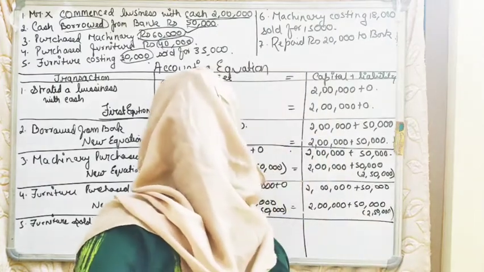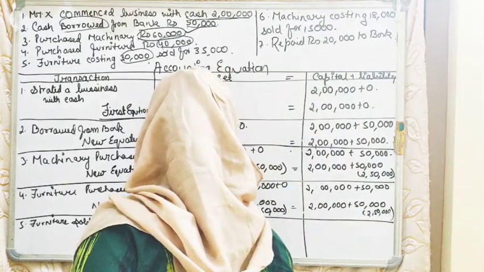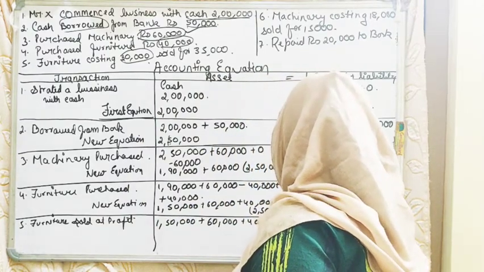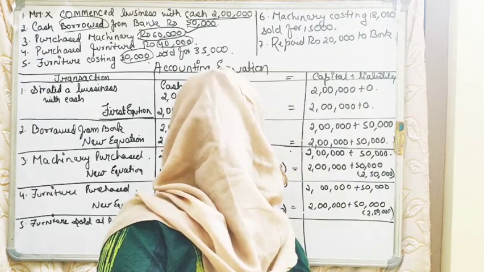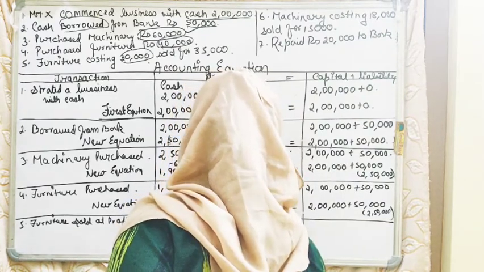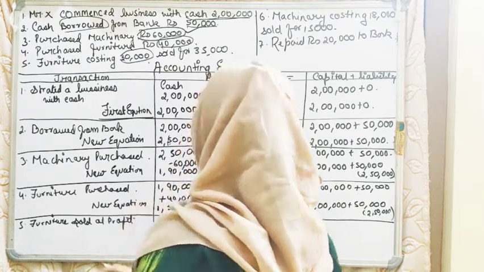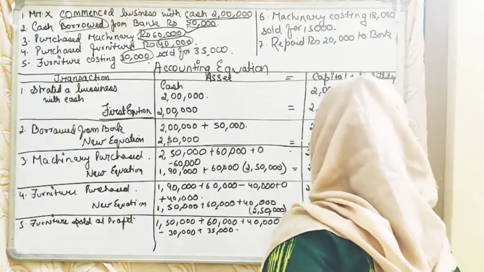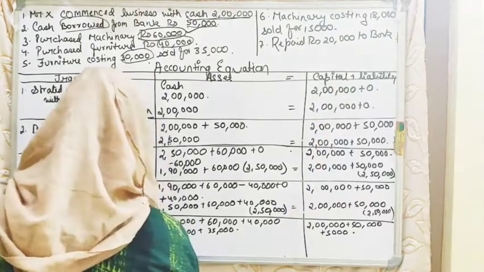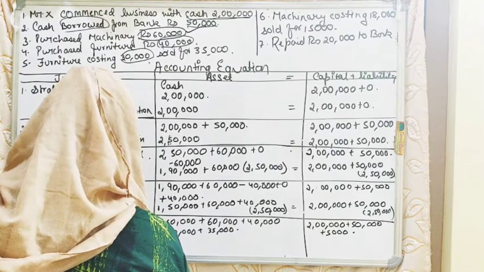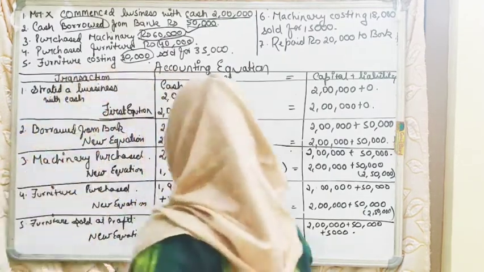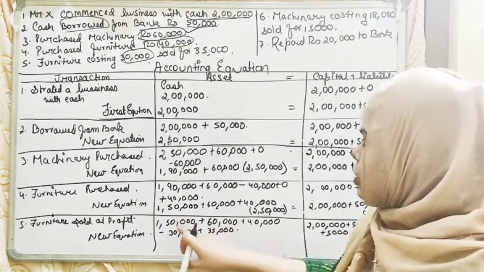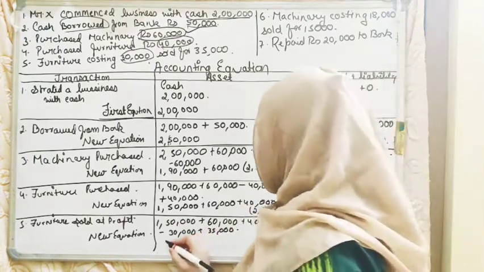So we'll write here 1,50,000 plus 60,000 plus 40,000 minus 30,000 plus 35,000. So here we'll write 2 lakhs plus... So clearly see that we will add this 35,000 rupees to the cash. So we have 1,50,000. So we'll add 35,000. The amount will be